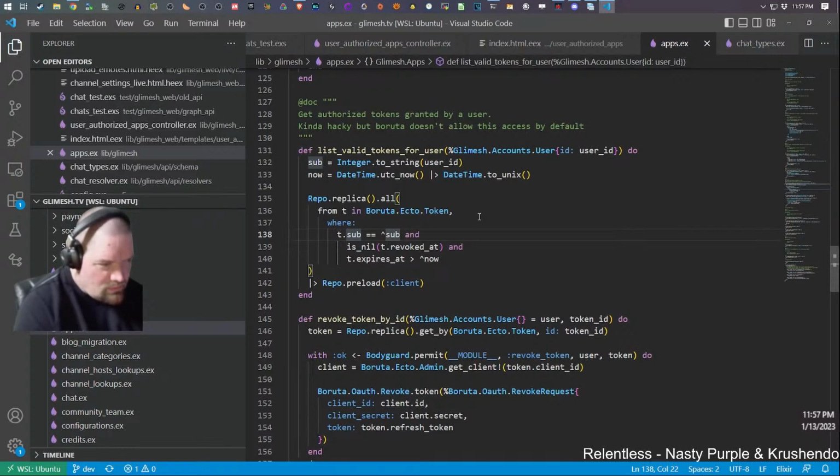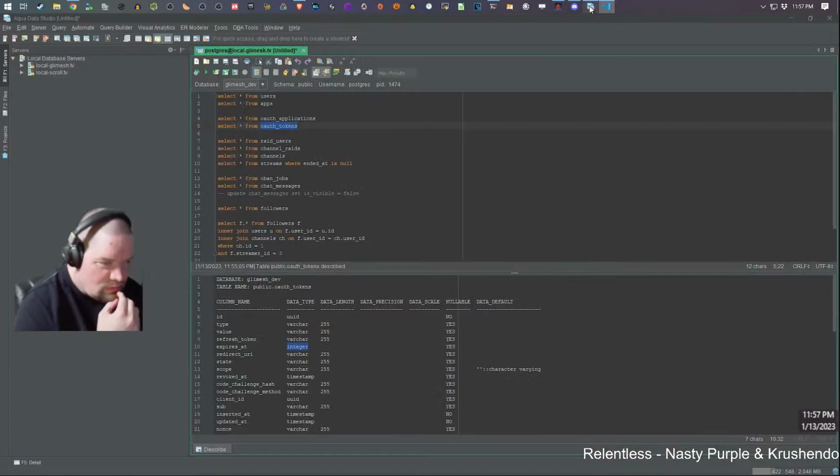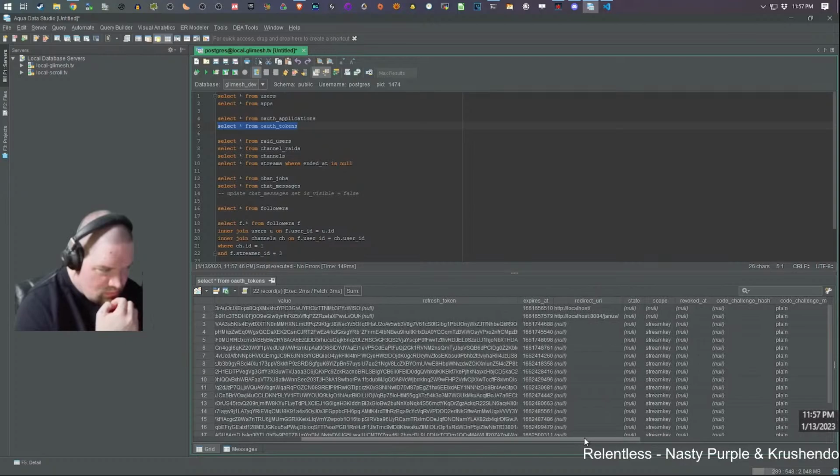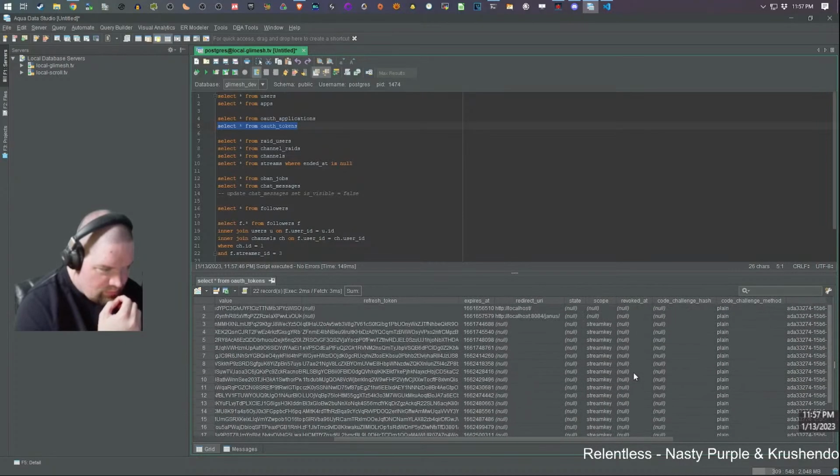So I want to bet that this expires at is greater than now is what's causing all the problems. Revoke that. Revoke that is null for all these.